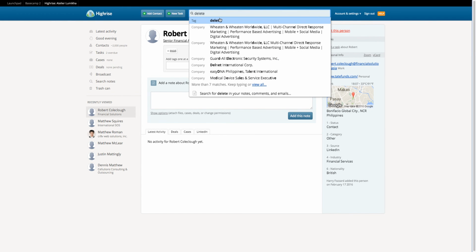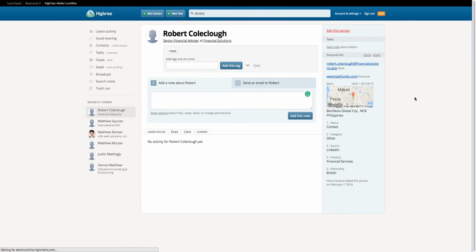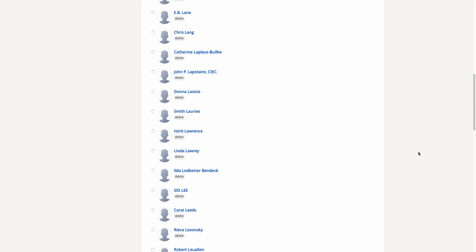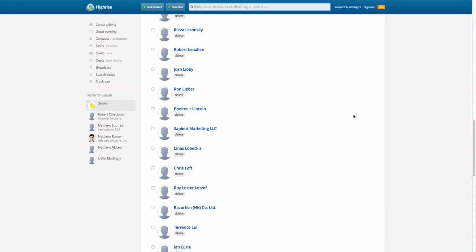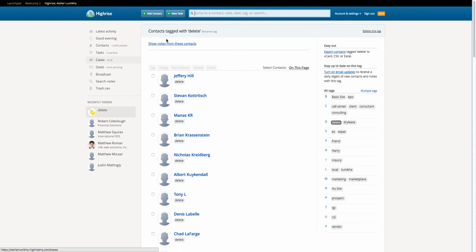So I can select a tag, and then it'll pull up everything that's been tagged for deletion, right? So then I would go spot check this and see if we definitely want to do that. So that's kind of a cool feature: you can really search the database almost any way you want to, so you can see where the tags are here. So let's say I want to look at the ones that I've updated recently,